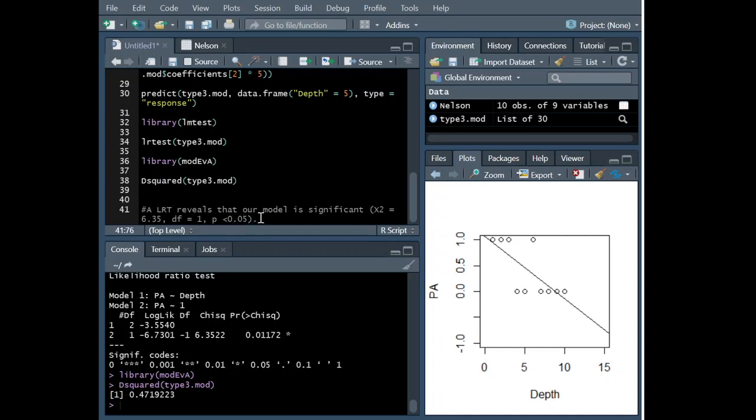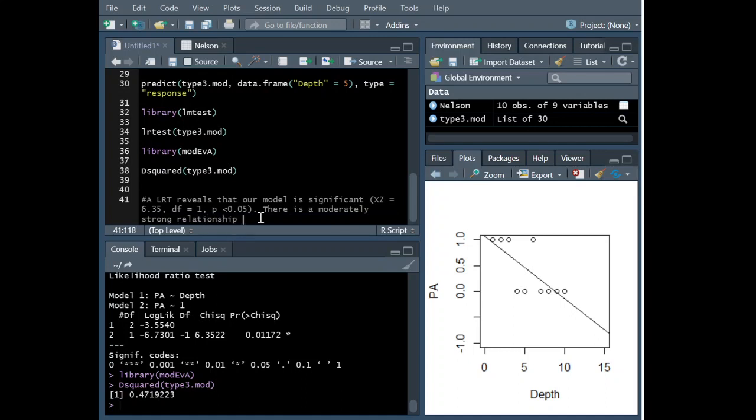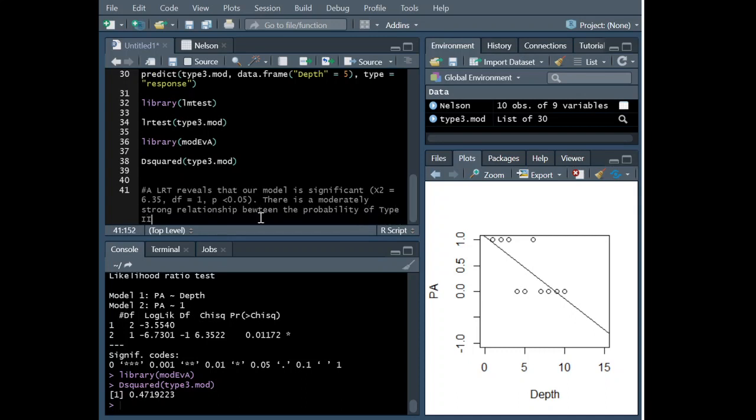And we can also say that there is a moderately strong relationship between the probability of type 3 ceramic recovery and depth, and cite our D-squared statistic of 0.47 as such. You could even say something like including depth in our model accounts for 47% of the residual